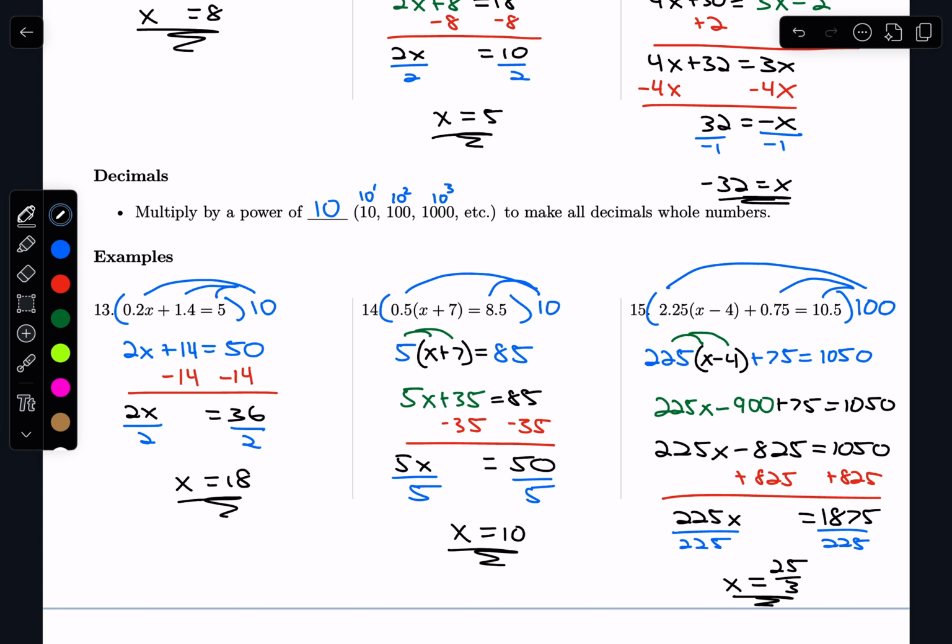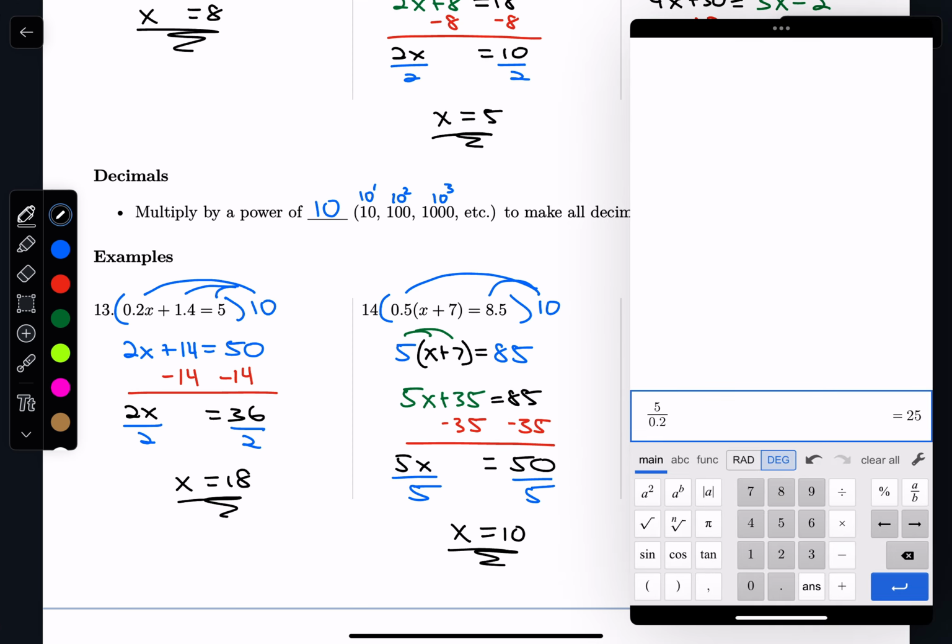So I think that for the vast majority of people, the easiest way to do this is going to be to pull out your calculator, type in 1875 divided by 225. Don't give me that repeating decimal though. Hit the fraction button next to it. 25 over 3 is what I want to see. Okay, so this is one where I would consider this to be mowing a lawn. All right, it is worth it to pull out the calculator to do that one because it's completely non-trivial to